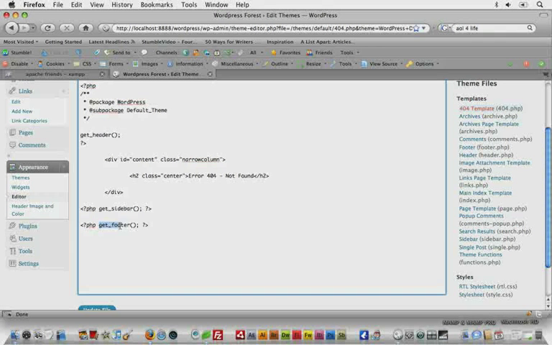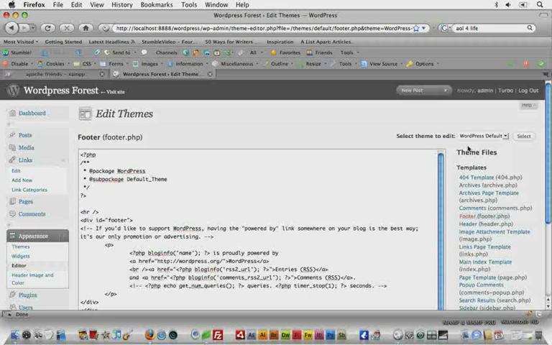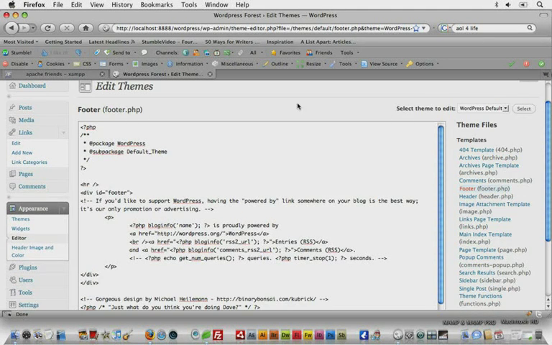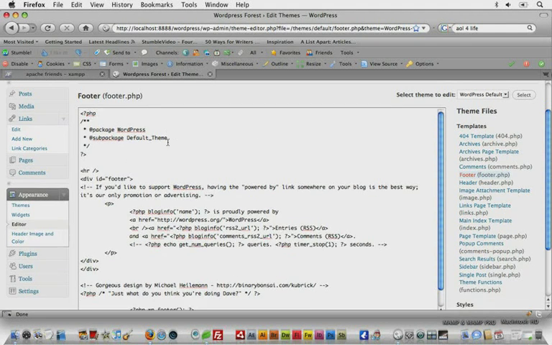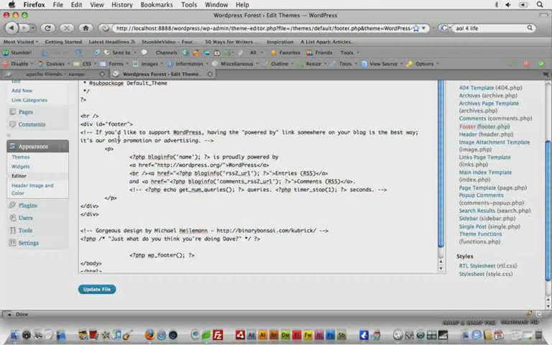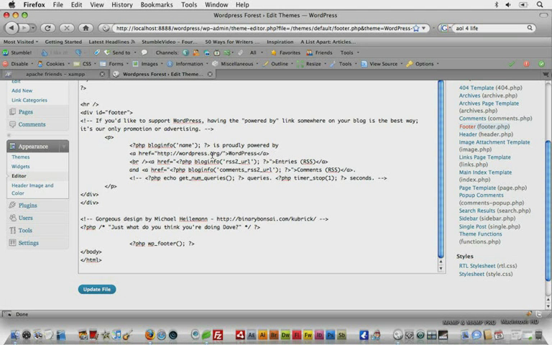But down here we make a call to get footer, and we can take a wild guess what that does. It calls footer.php, which is going to wrap everything up with our HTML and provide our footer. So you'll see your blog copyright information, and then right here we'll close the body and the